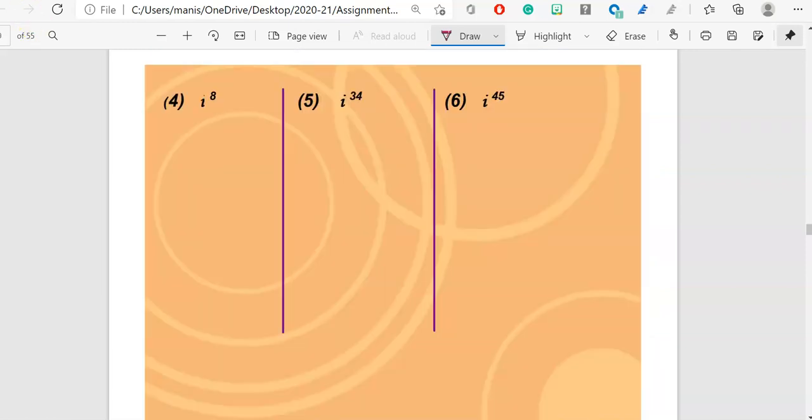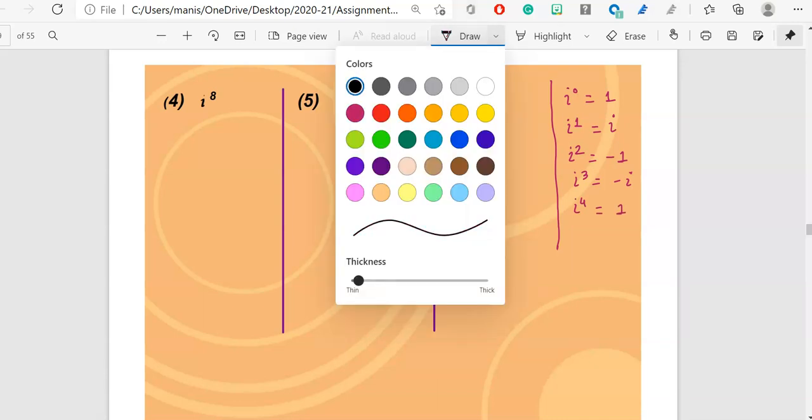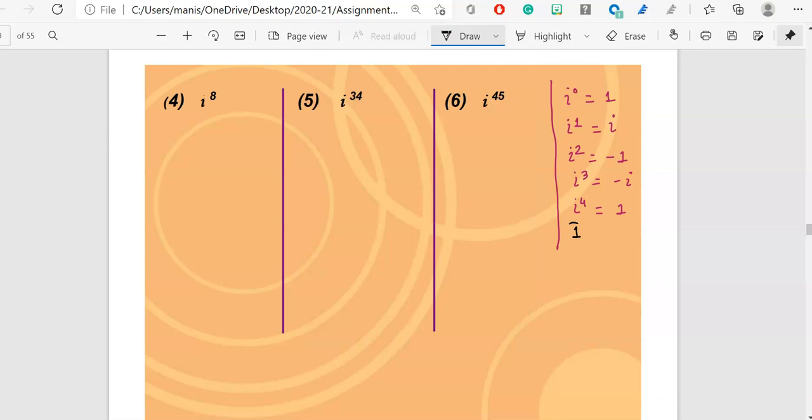Before I do this, first of all, I will write my formulas since those are not over here. I to the power 0 is 1. I to the power 1 is just I itself. I square is negative 1. I to the power 3 is negative I. And I to the power 4 is positive 1. And I gave you 2 steps also. Step number 1 was to divide your exponent by 4. Step number 2 was to write your